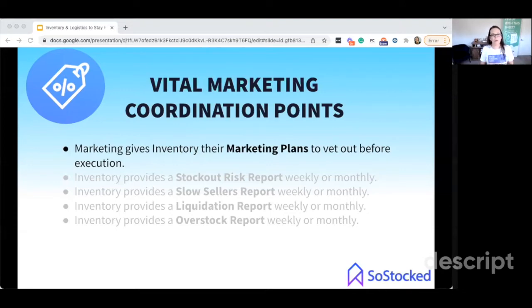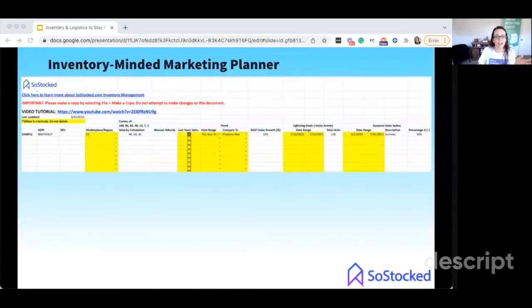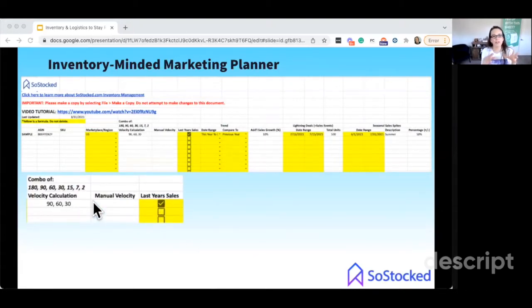So this is not just a newbie thing. These systems need to be put in place from the beginning of your business, and they need to carry through into 6, 7, and 8 figures. You need to have a system for this. So that's the first thing: marketing plans get passed over to inventory, and inventory makes sure that there's enough inventory to support those plans. And that looks something like this. We actually have this, and I'll send it out to you in an email with the replay. So we've got the inventory-minded marketing planner, and first and foremost,